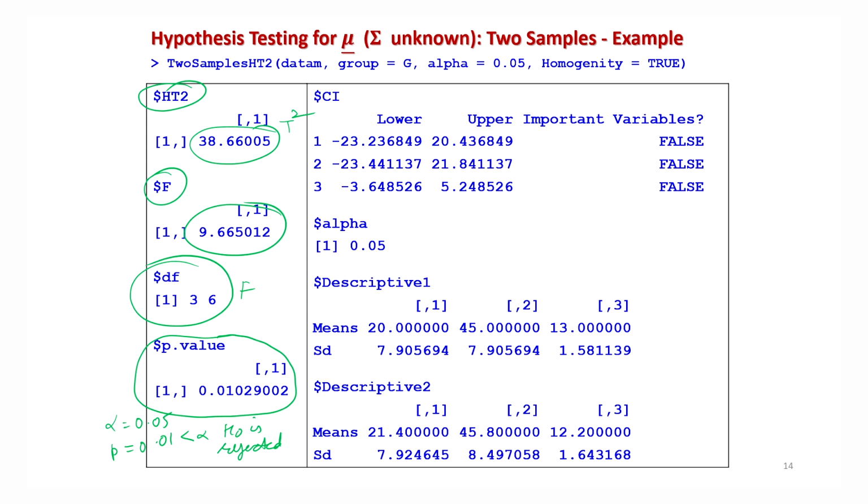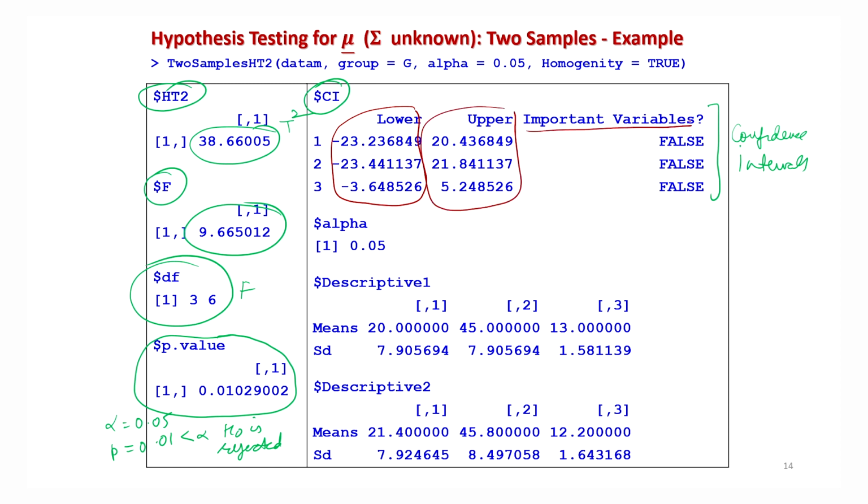So this part is the confidence interval for the 3 variables, which is indicated here by Ci, right? These are the lower limits, these are the upper limits, and then it is deciding whether the variable is important or not. These are the confidence intervals for the first variable. You have to read it like this: first row is the first variable, the second row is for the second variable, and the third row gives the confidence interval for the third variable. And how to define this first, second, and third variable?